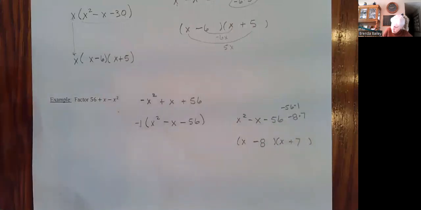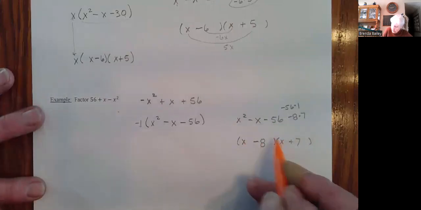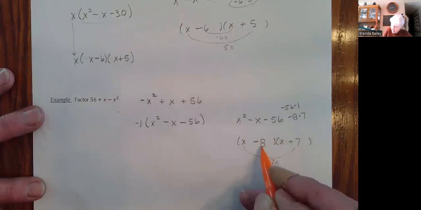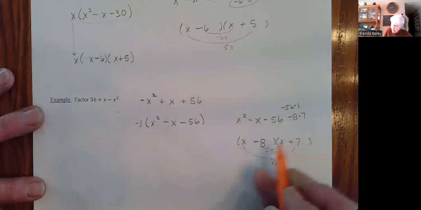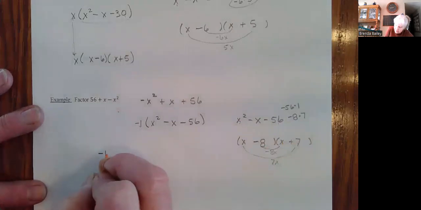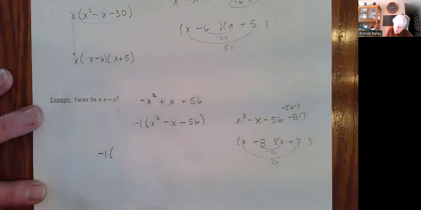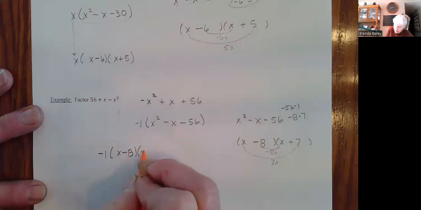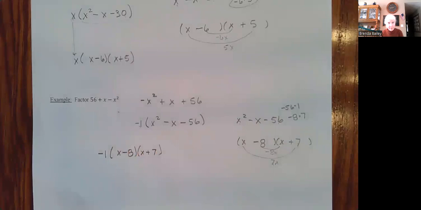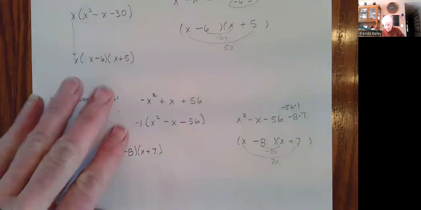But let's check it. X times x is x squared. The outside, 7x. The inside, -8x, is a -1x. The last times the last is a minus 56. So it does work. So our answer, don't forget the -1 outside. You got to make sure you include that. X minus 8, or you can put this +7 first. It doesn't matter the order that you write those two in. And we're done with that one. Okay, let's look at